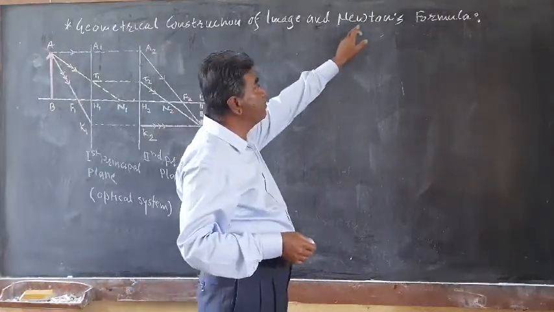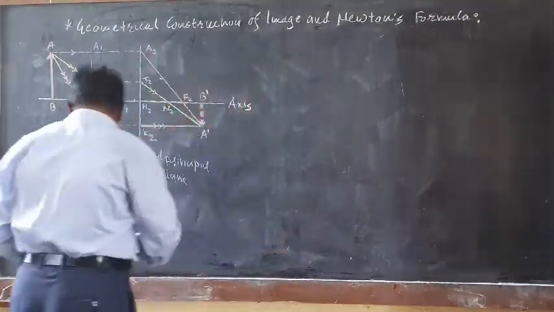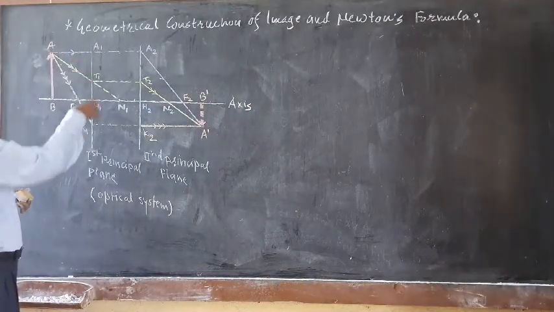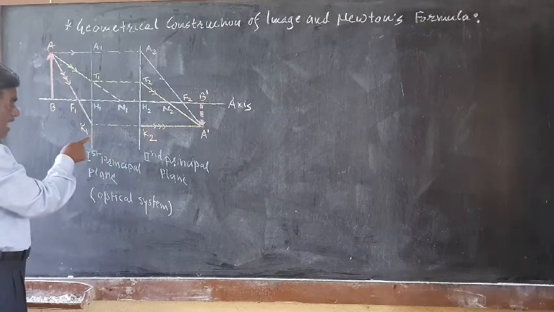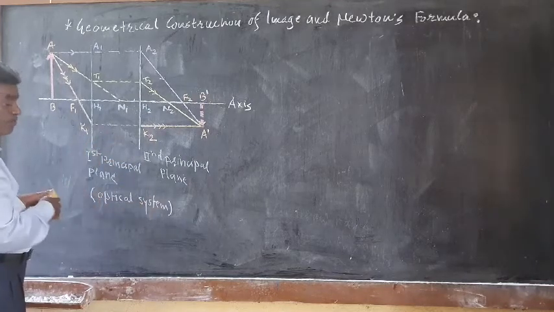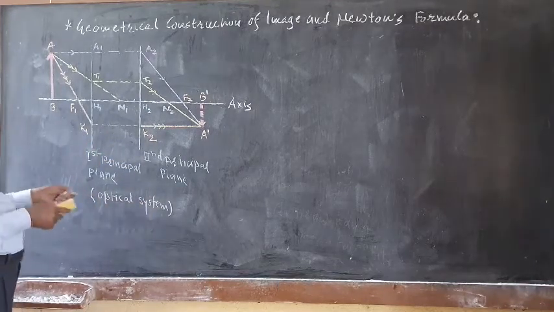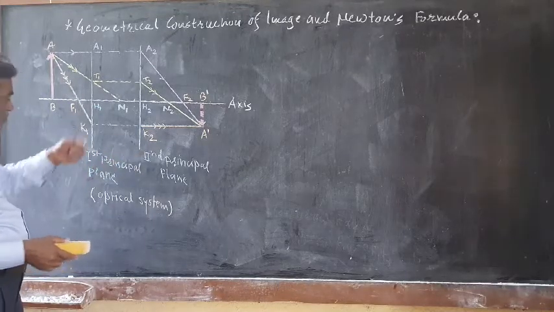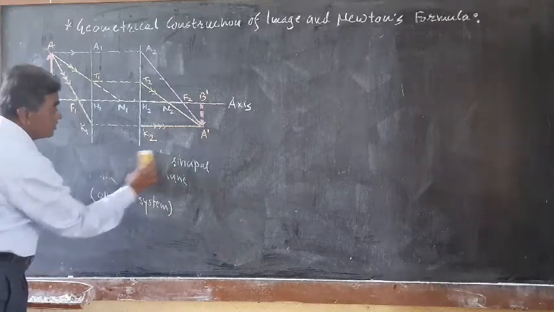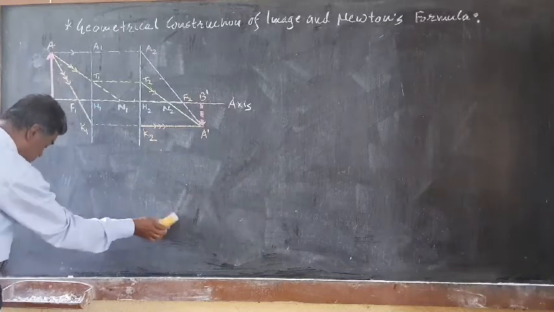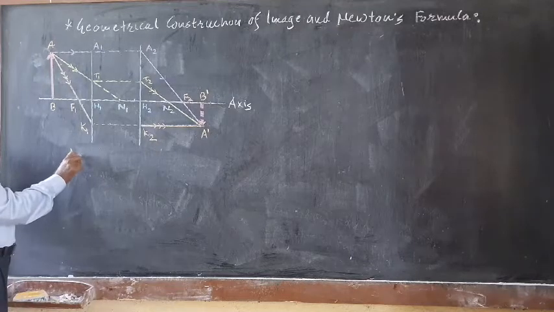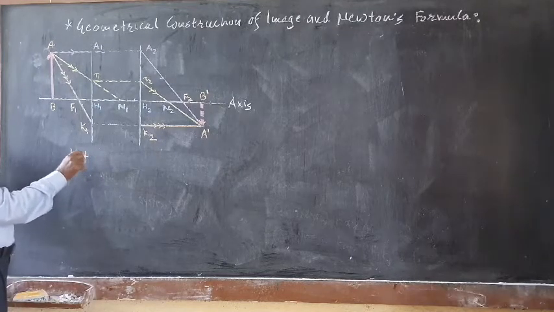Now we will derive Newton's formula. For that, this is the first principal plane, this is the second principal plane, and this can be regarded as the optical system. The optical system can be represented by the first and the second principal plane. Last time we have seen. So now, referring to this figure, to derive Newton's formula, let us suppose